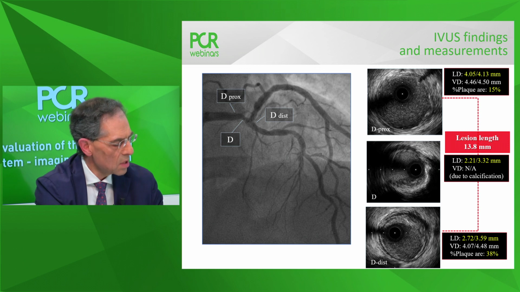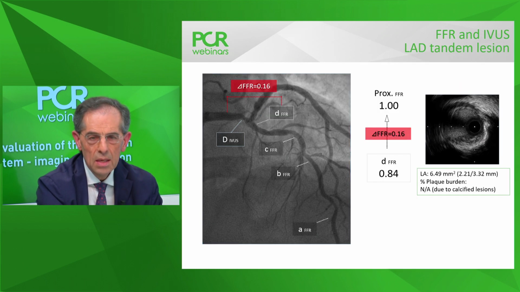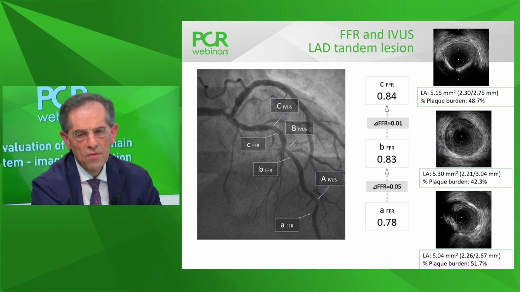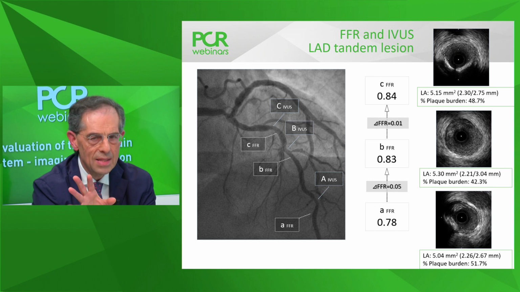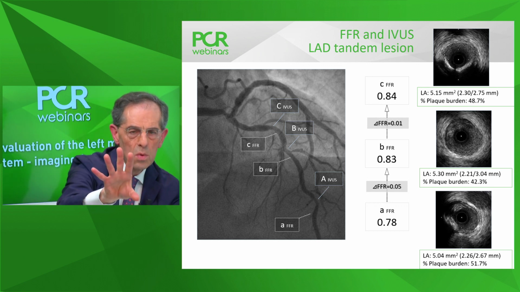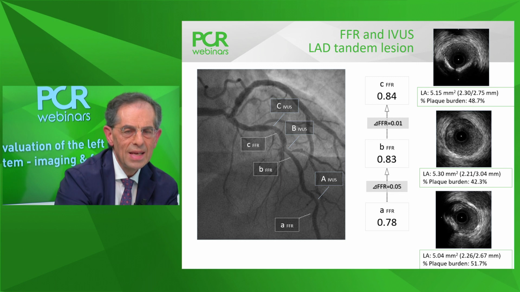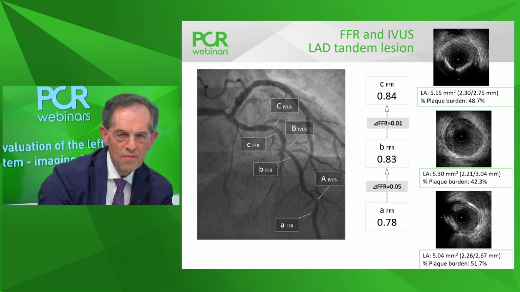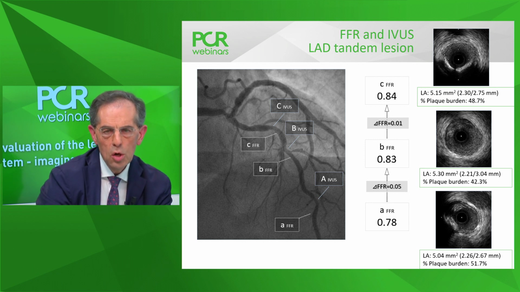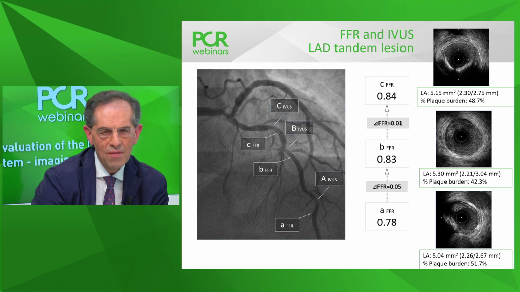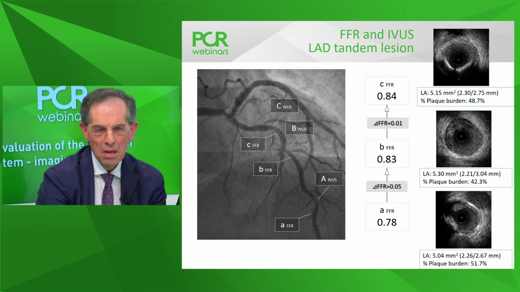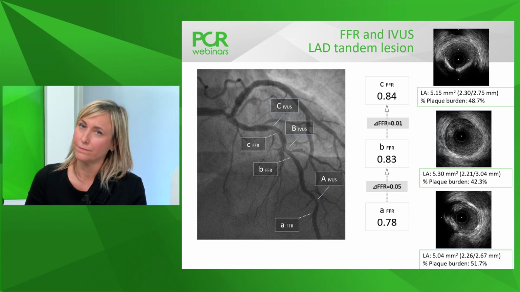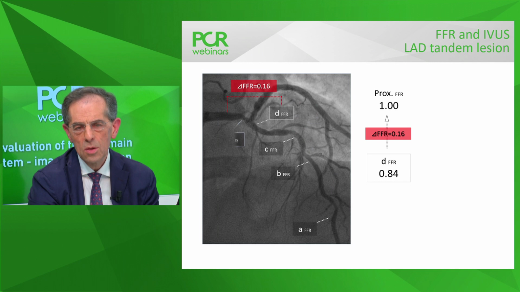So the first imaging we saw, let me go back in a second. So these are the images I was referring to. She was watching, Alaide, and the main message was substantially in line with the FFR. The plaque burden is no more than 50, and the luminal area is more than 5 everywhere. This is reinforcing the decision that Alaide did. Then, when we went to the IVUS,